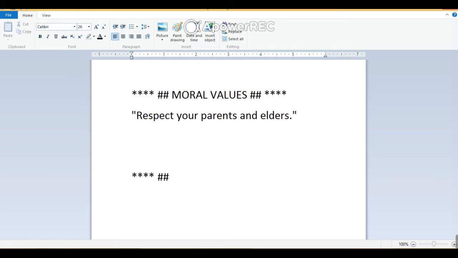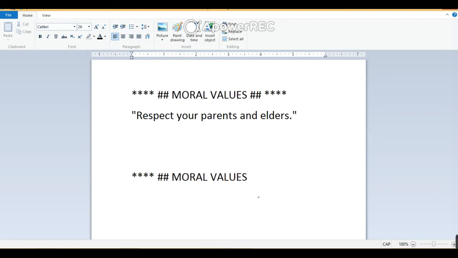Then again space bar. Now they need to press the caps lock once and need to type moral values, MORAL, then space bar, VALUES.